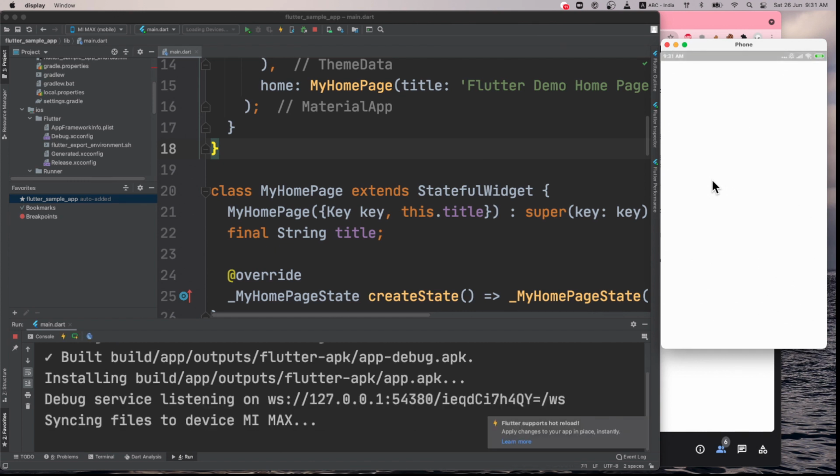Yeah, it supports both data cable as well as Wi-Fi. Nowadays Wi-Fi is also supported. Otherwise, you can configure using ADB. In that, there are options to connect. First, you have to connect via USB. Then you enable the TCP/IP connection, and then you can remove the USB, and it will work on Wi-Fi also.